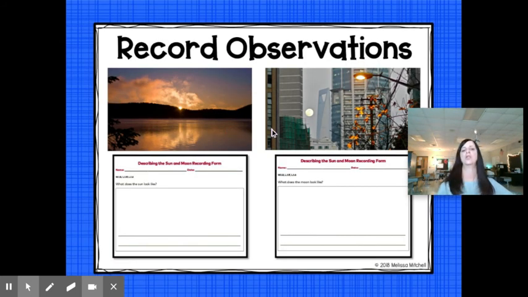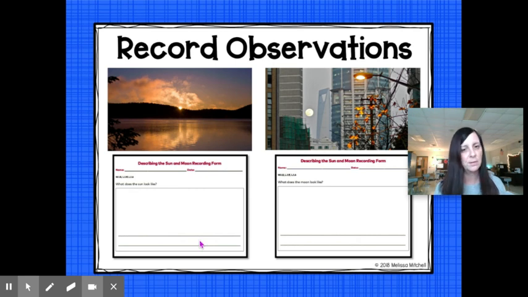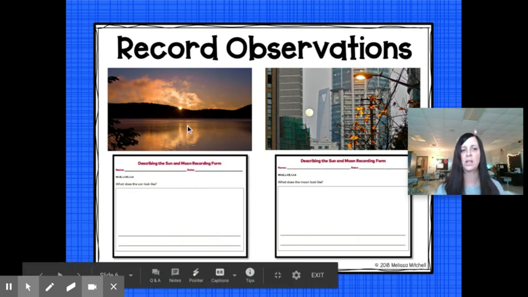So what you're going to do for our assignment today, like I said before, it's pages 52 and 53. And these are the two pictures you're going to look at. So you're going to look at this picture of the sun, and you can either look at it on the video or I'm going to post these on Google Classroom. And what we want you to do is, what does the sun look like? Draw a picture. You can draw the exact same picture that's up there. Draw and show us what you see. And then write a sentence using 2 to 3 describing words, adjectives, describing what the sun looks like to you